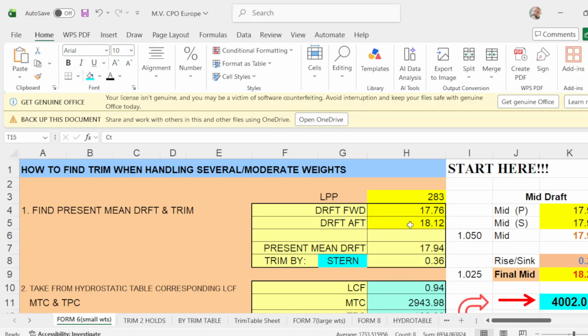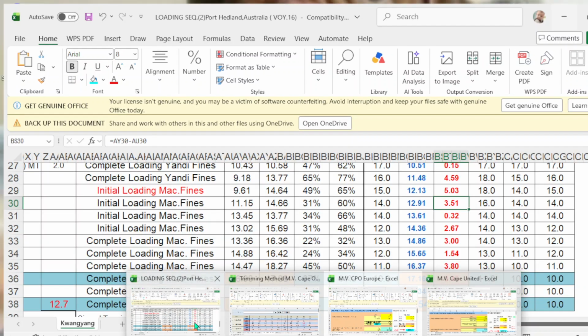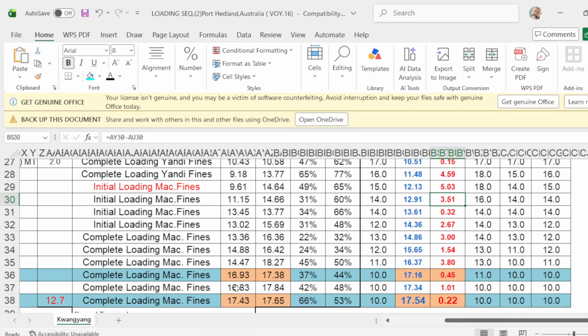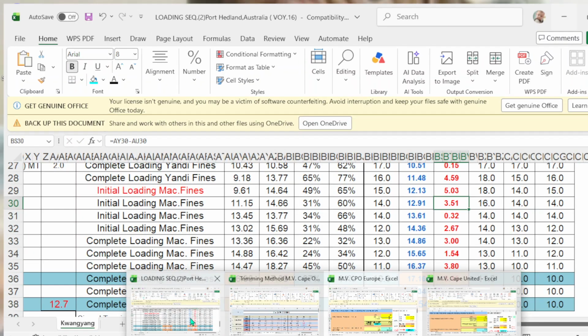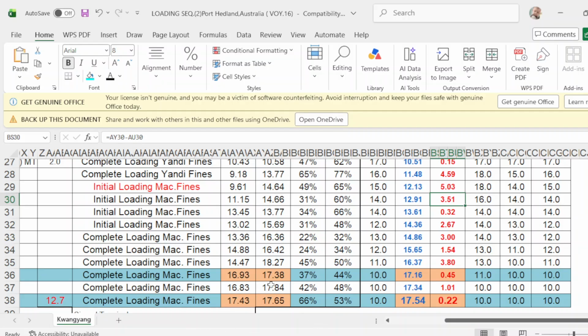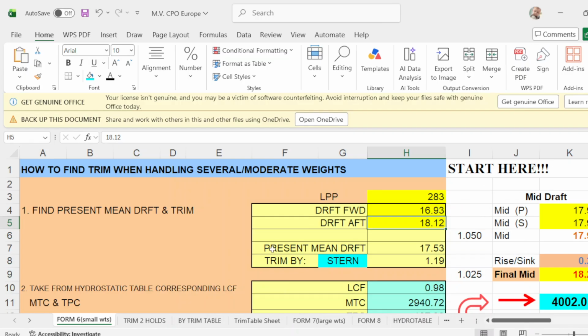Okay, so forward drop is 1693, 16.93. Up drop is 1738, 17.38.